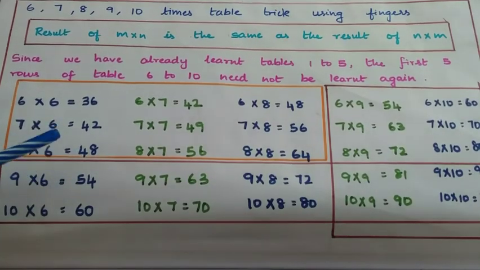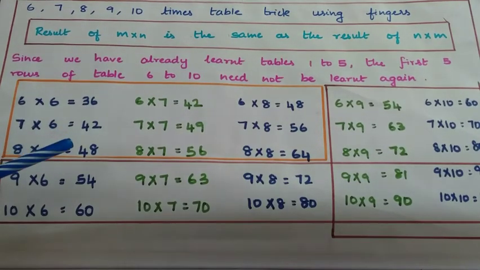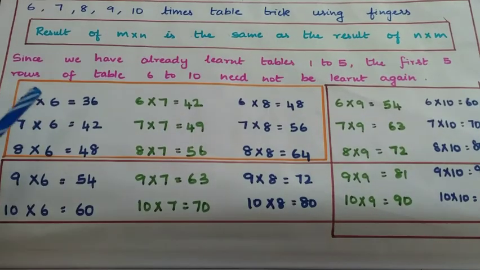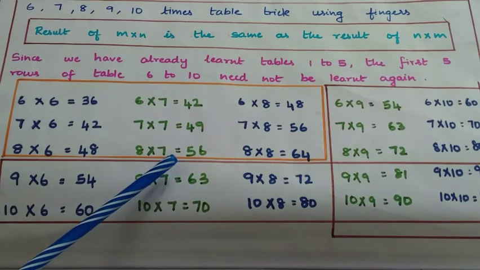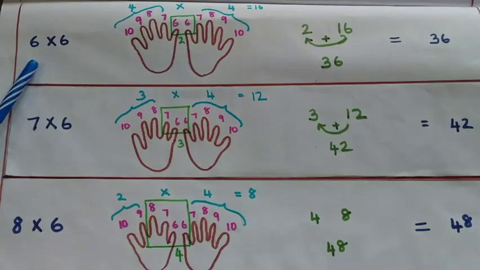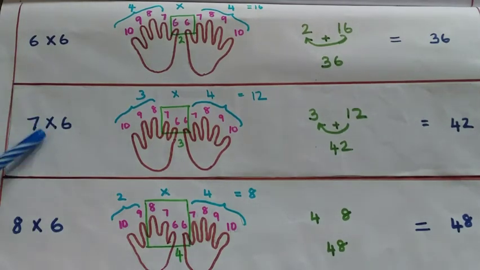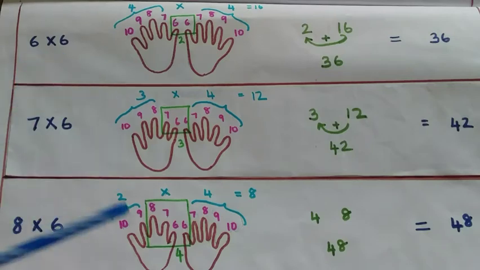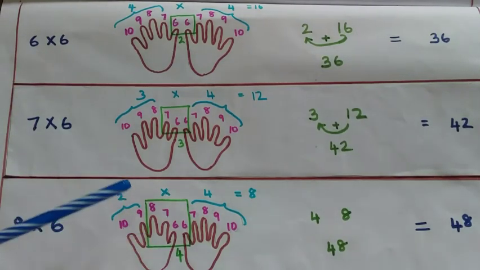This trick will be really useful for slow learners who find it very difficult to memorize tables and to answer instantly when they are being questioned. Now let's discuss all these 9 rows and find how to obtain the answer by using our fingers. Let's first consider these 3 rows where 6 is being multiplied by 6, 7 and 8. For all these rows, the trick that needs to be followed is by using our fingers.